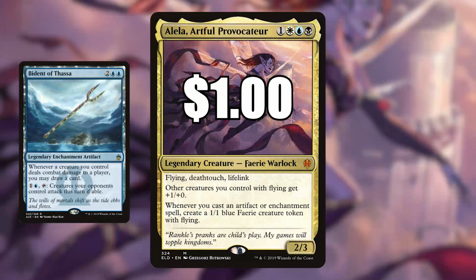Now, you're looking for artifacts as well. Bident of Thassa, very cool, very cheap. Whenever a creature you control deals combat damage to a player, you may draw a card. Now, you can have flyers, so they're going to have evasion, so you're going to be able to potentially draw more cards. You can pay 2 as well and make your opponents' creatures attack that turn if able. So you can mess around with people, but be a bit careful